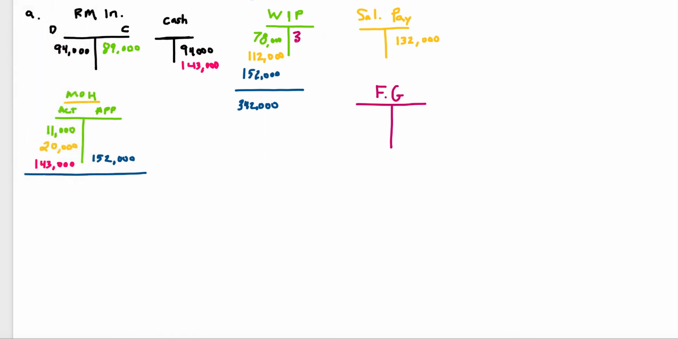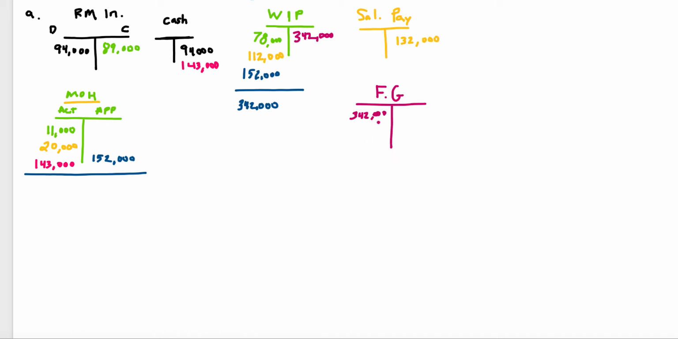Okay, $342,000 is going to be credited from WIP, and it's going to flow to the finished goods account, which is $342,000. Okay, that was F. Now G says that all of the completed jobs were shipped to customers, so that means